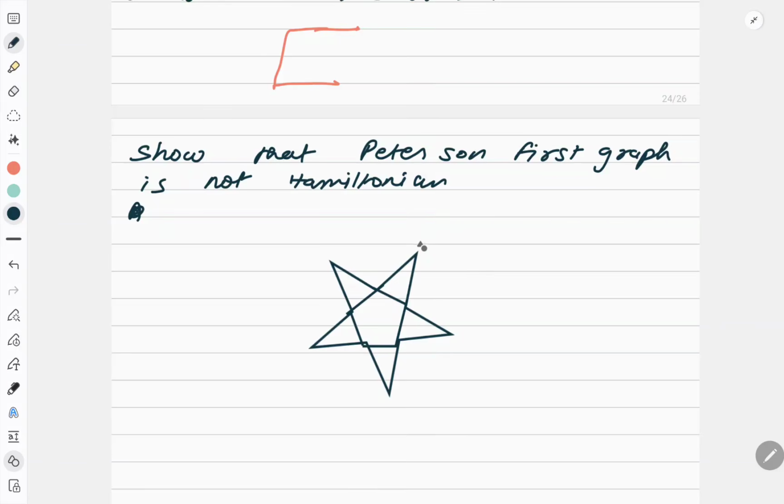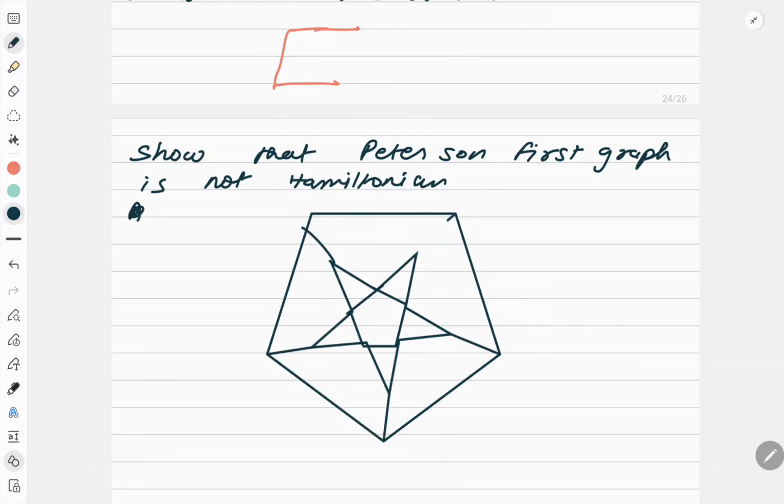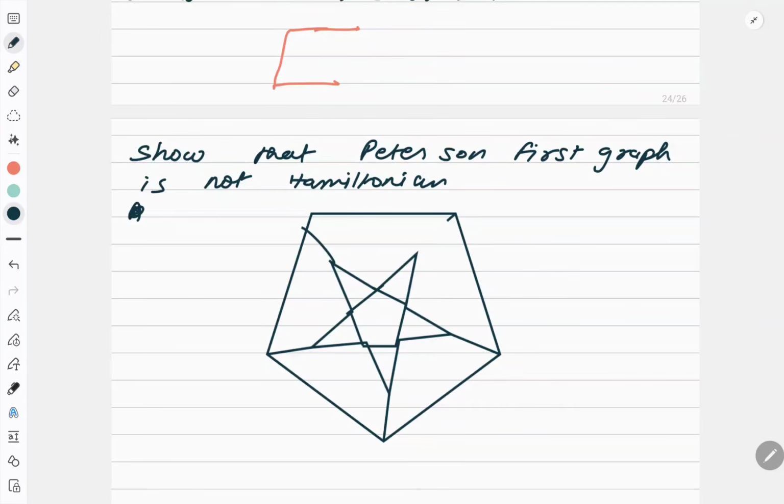Correct. Now this is not Petersen, I am still drawing. This is a Petersen graph, and you should remember the names of all these: Kuratowski's first graph, complete bipartite graph, then Petersen graph, hypercube graph. That you should know. Otherwise, even a simple question you will miss just because you don't remember the name of the graph. Okay, if I am using this app, I am not able to draw, so I'll just remove this and I'll draw it simply. One second, I'll draw it again.